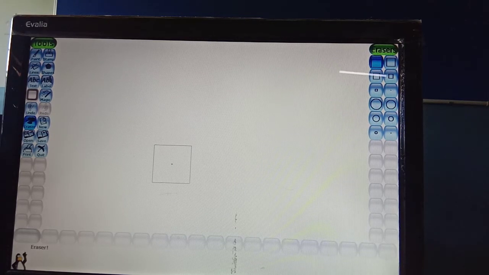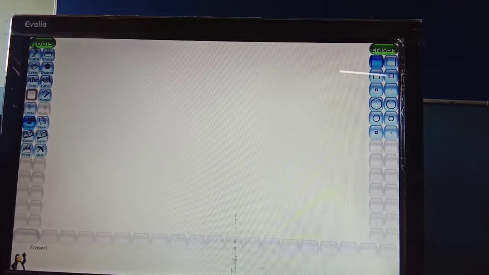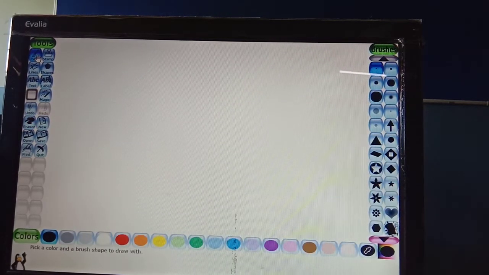Now let's learn about the pattern of the brush shapes. Let's describe the shapes of the brush in your Paint. For example, this is your Paint, and now I am going to draw a tree. I want to draw a tree. I am taking this brush for drawing the trunk of the tree.